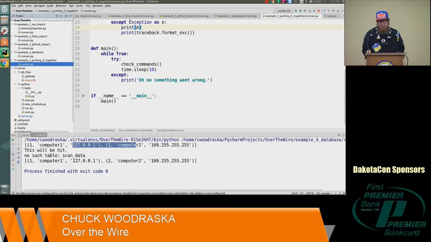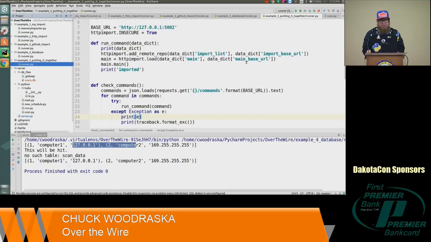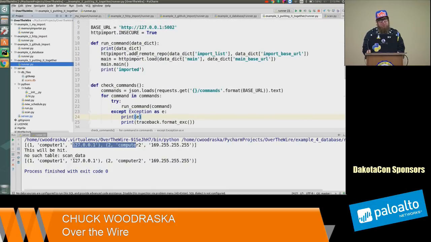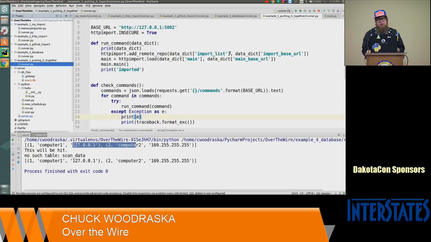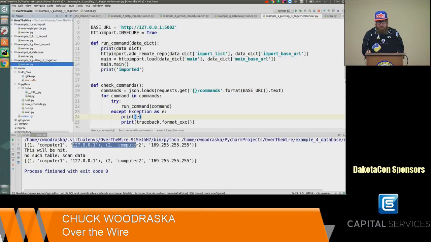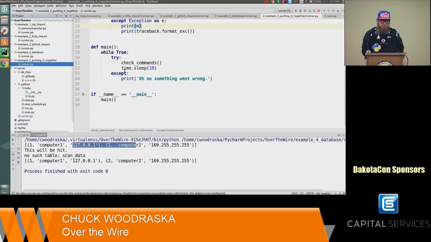And the runner is pretty basic. It doesn't do a whole lot other than the first thing it does when it runs the command is it checks to see if it has any imports that need to be imported. Again, because a lot of these are going to be coming into memory and we're going to stick them there. And then the main is just something I'm making in my scripts I'm sending across so I know what to run. Okay. And this is just on a loop too. So when we run this,